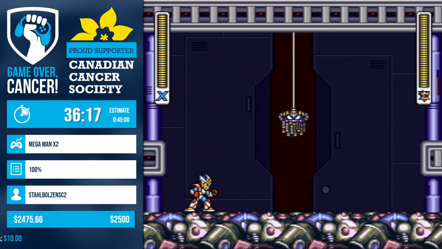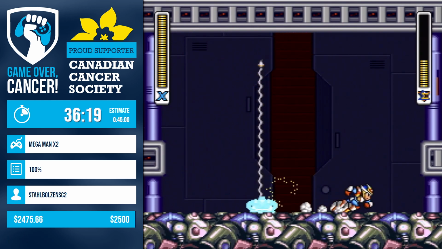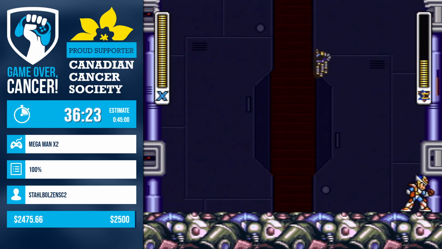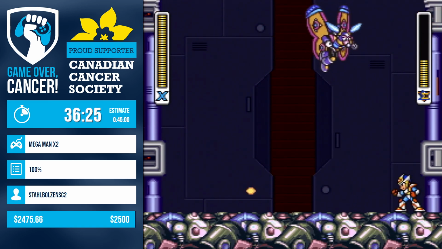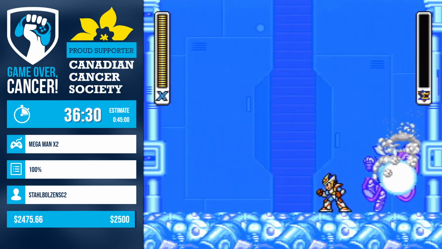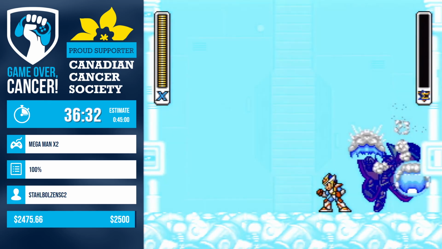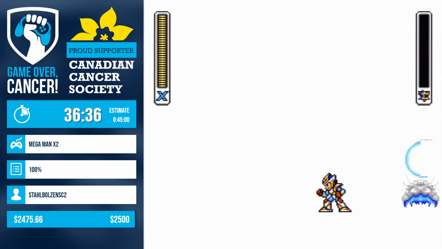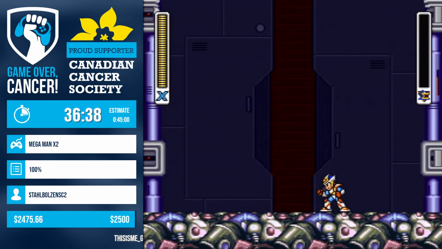This, on the other hand, is one of the bosses that you 100% always need to Shoryuken, because the health is capped for the cocoon and for the moth. But no problem for StahlbolzenSC. The moth comes down, the Shoryuken goes up. And now we only have one more boss to go, which is...